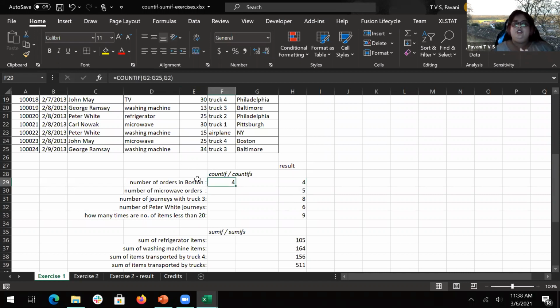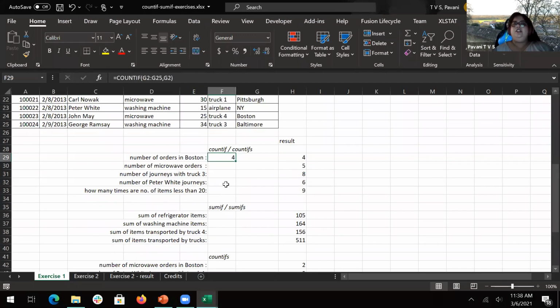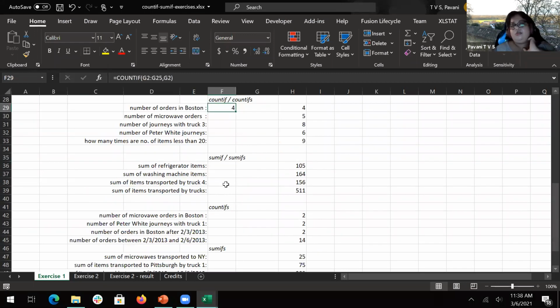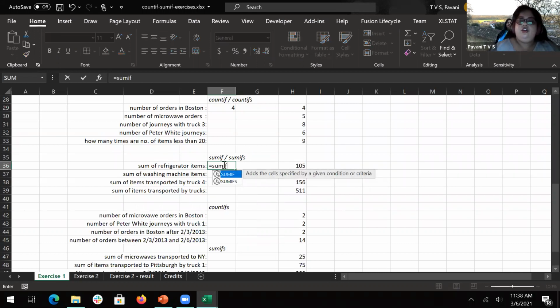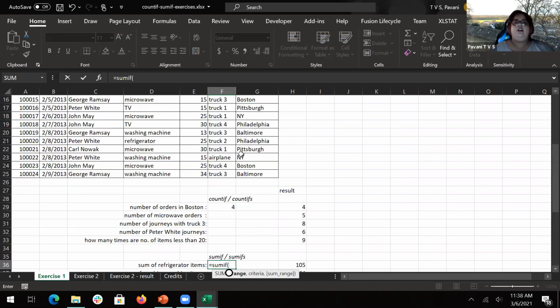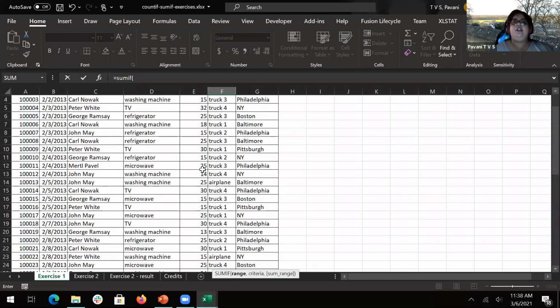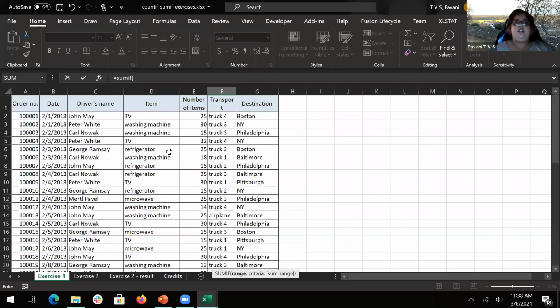You can either use it this way or try it yourself, because I want you guys to understand these functions in more detail. Say SUMIF: sum of refrigerated items. This is the refrigerated column and these are the number of items. I want to find the sum of refrigerated items. So the range would be this.